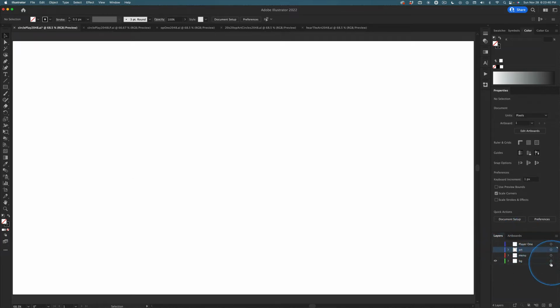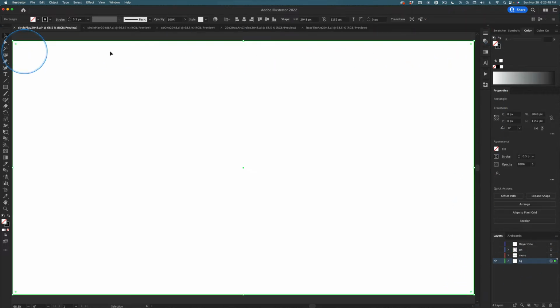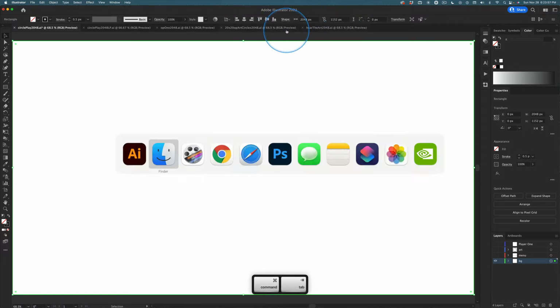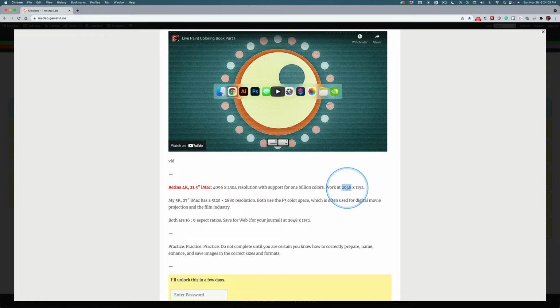This background layer, if I click on it, it's just the outside. It's a rectangle that is exactly 2048 by 1152. Okay, 2048 by 1152. Let's come over here to the mission. 2048 by 1152. See the numbers? That's exactly 1/4 the size of your 4096 by 2304. You know, my 5120 by 2880, that's where I was getting the 2560 by 1440, 1/4 size, which works perfectly